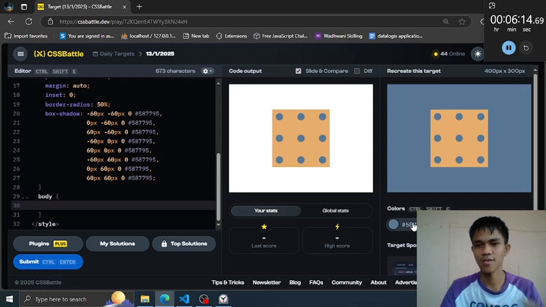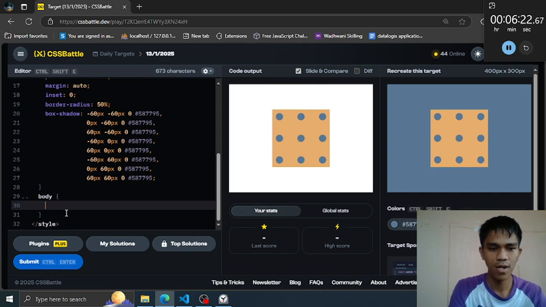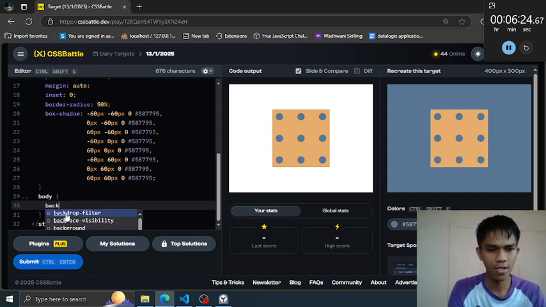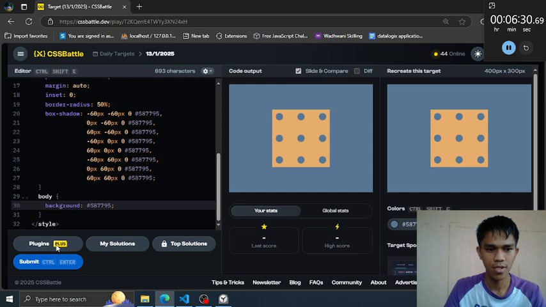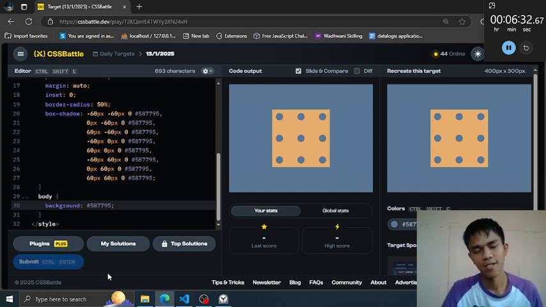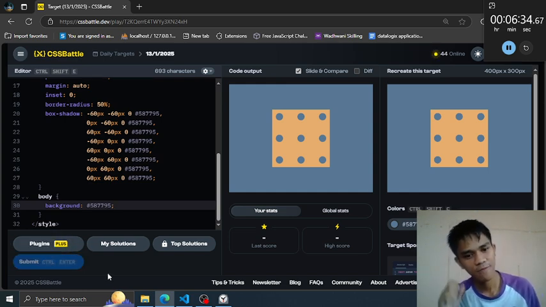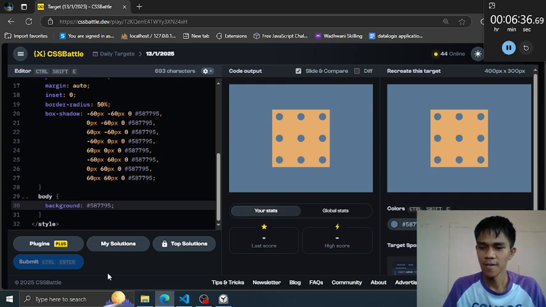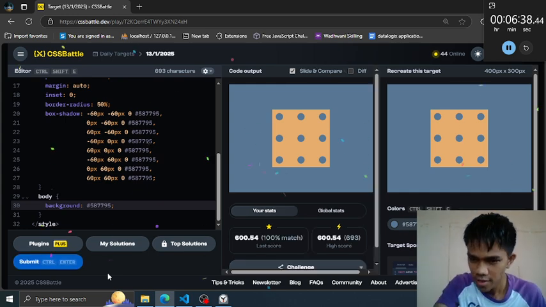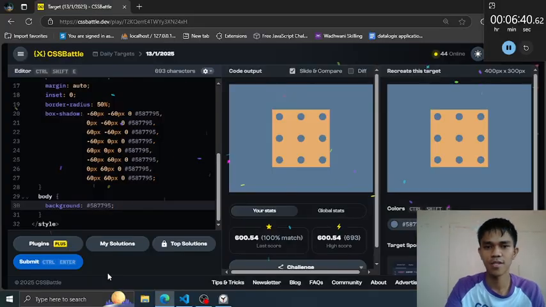Brackets are those squares. Braces are those curly shapes. So background, this blue, and submit. 100% for sure. Okay, 100%. That's what I said.